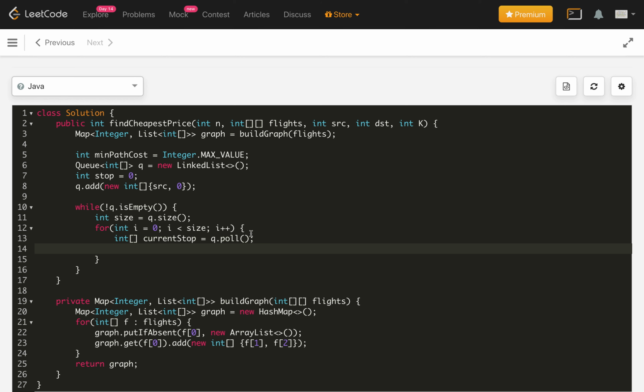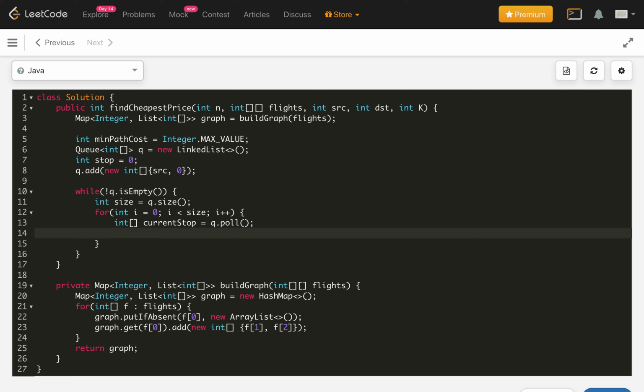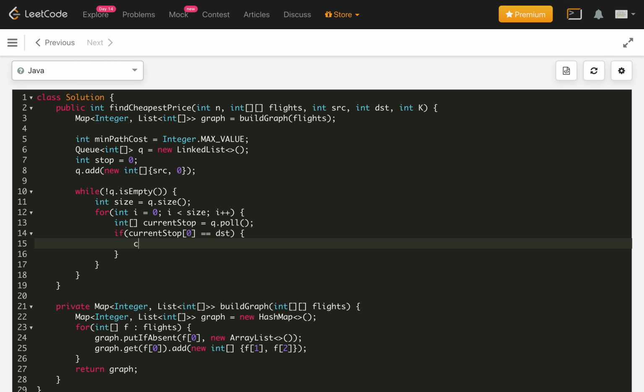So we poll the current vertex, and then we check if the current stop city is the destination. If it is, then we need to update our min path cost with Math dot min from this value and the cost of the current stop.